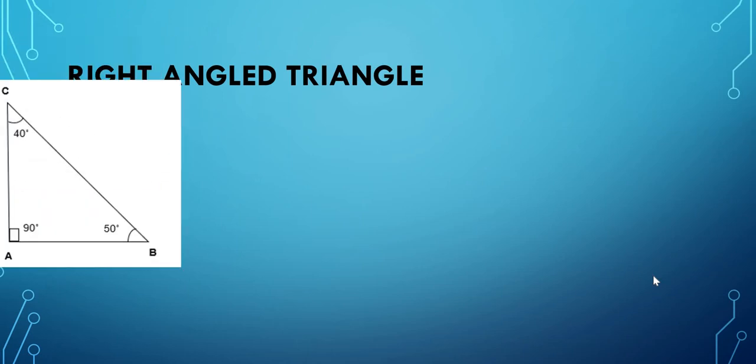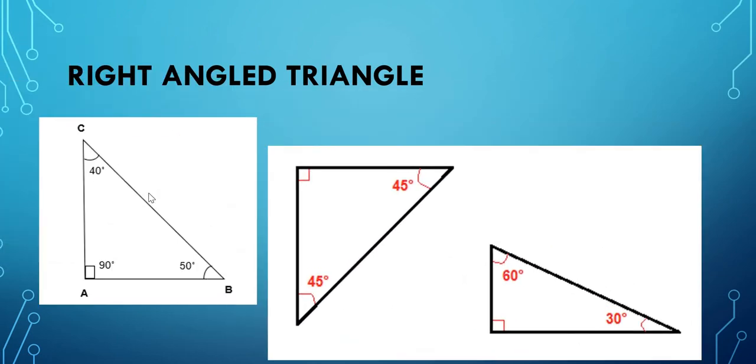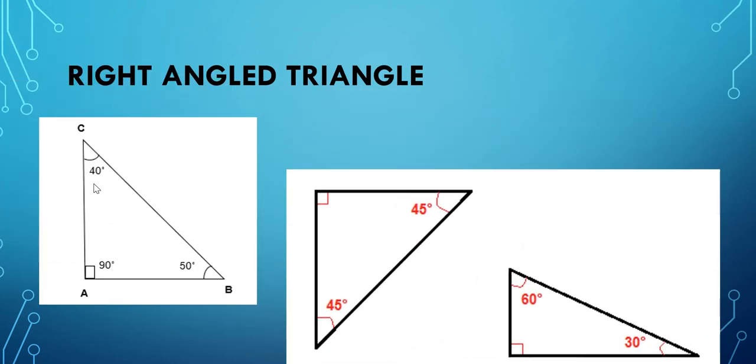See this example. Here we have three examples. Here we have 90 degree and the remaining 40 and 50. Here is a 90 degree. 90 degree we have to mark like this only. Like a small square we have to mark. Always you have to remember this. When you are marking 90 degree, you have to mark like a small square. Here also we have 90 degree. The remaining angles are 60 and 30.